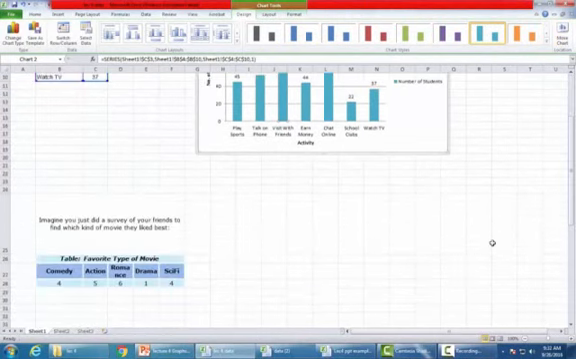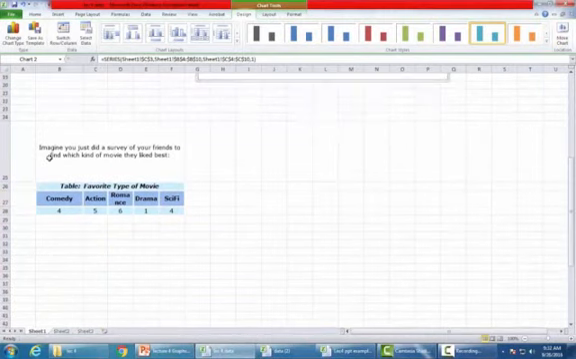Now we will construct a pie chart. Let's suppose we have a survey for favorite type of movie, and we have asked the question, and we get comedy as 4 responses, action as 5, romance as 6, drama as 1, and fiction as 4. So to represent this data, we select this data